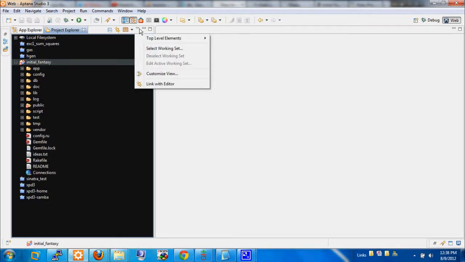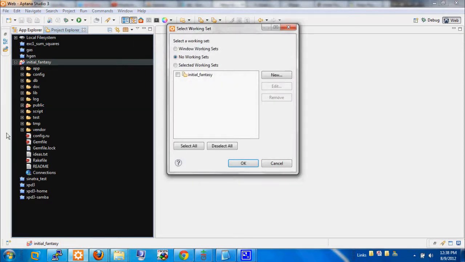Yeah, here. You click the down arrow up here and then select working set. Click that. And you don't even get this in the App Explorer, the Project Explorer. You only get it in this Project Explorer section. So you don't get it here. You only get it here, which no one uses. But then you click the working set that you want to filter for, and it's actually going